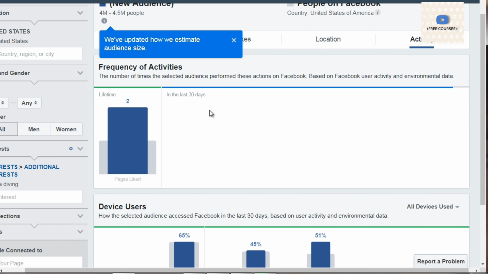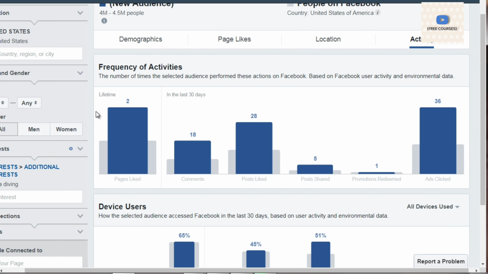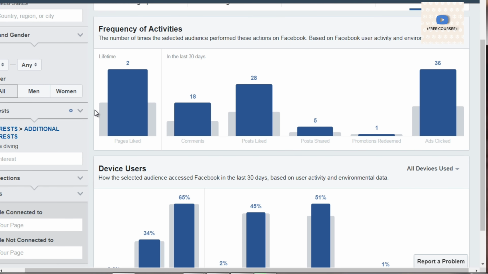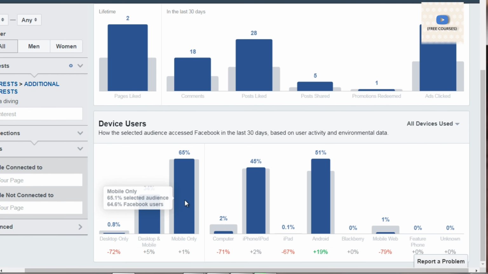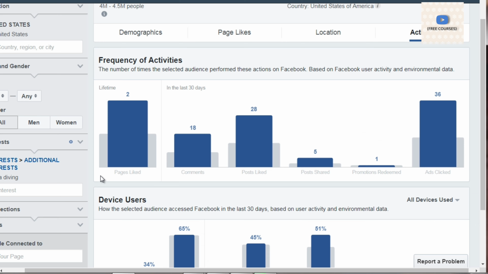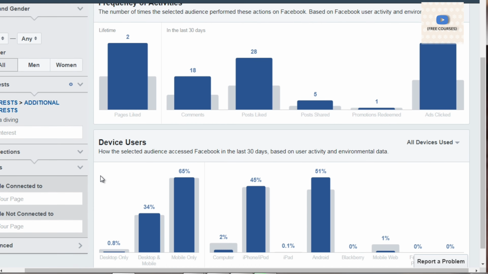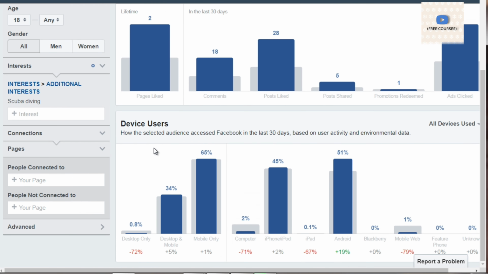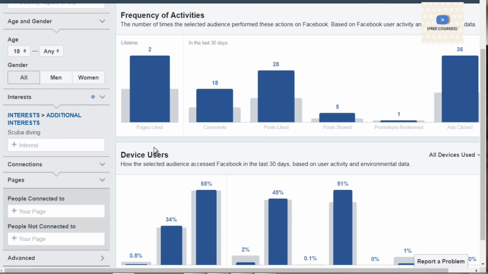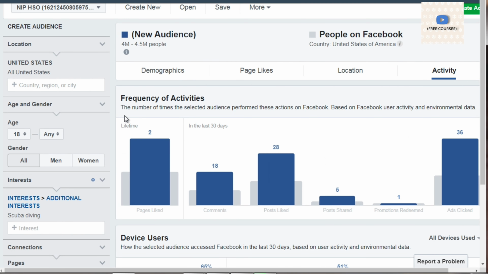So if you click on activity, we can get a better view of how people are interacting with this niche, what kind of devices they're using. They're using mainly mobile devices, iPhones, and Androids. So we can see that a lot of them are not at desktop, which gives us an idea that because these are outdoorsy people, they're most likely not going to be surfing inside their house, basically. So now let's take all this information and create an avatar in the next video.